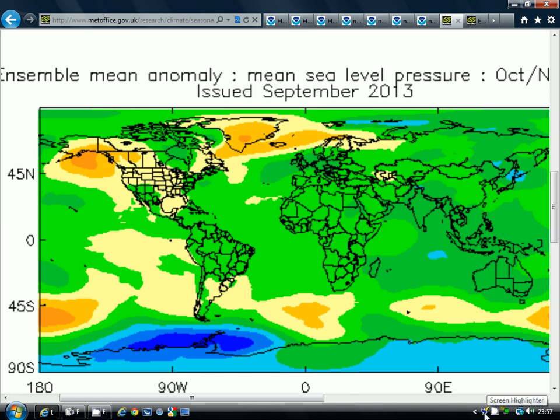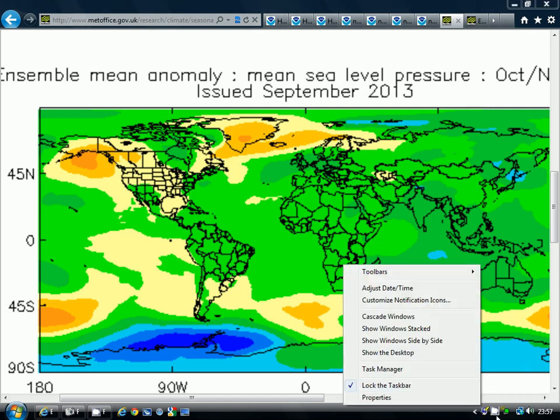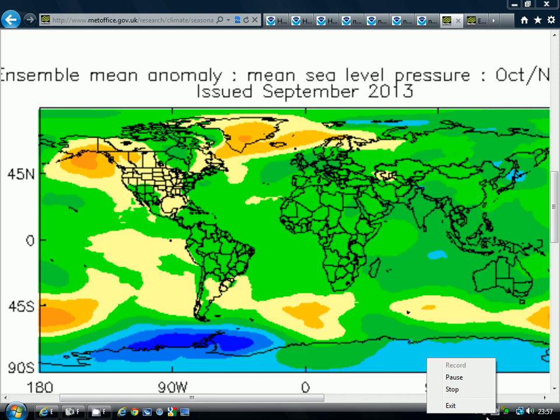Now, the next charts I want to show you are from our very own UK Met Office. I'm going to show you how the blocking develops over the course of the winter with this model. So this is starting off with the three monthly period, October to December. What we're seeing here is the orange colours sitting to the north of the British Isles around Iceland and Greenland. So we've got some blocking going on through that three monthly period.